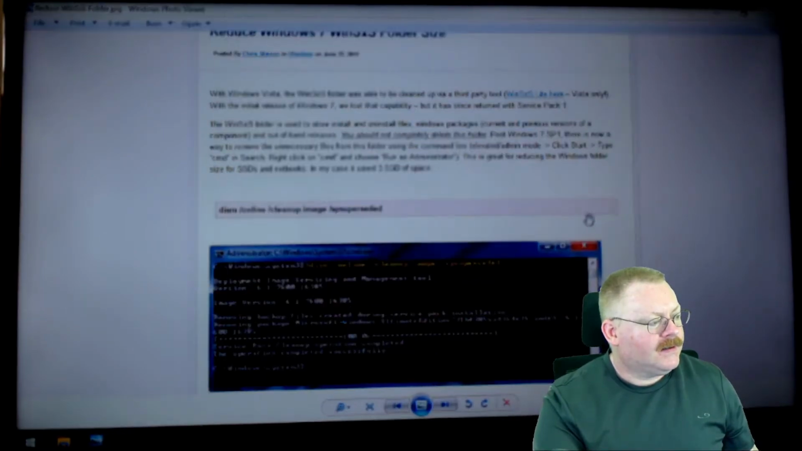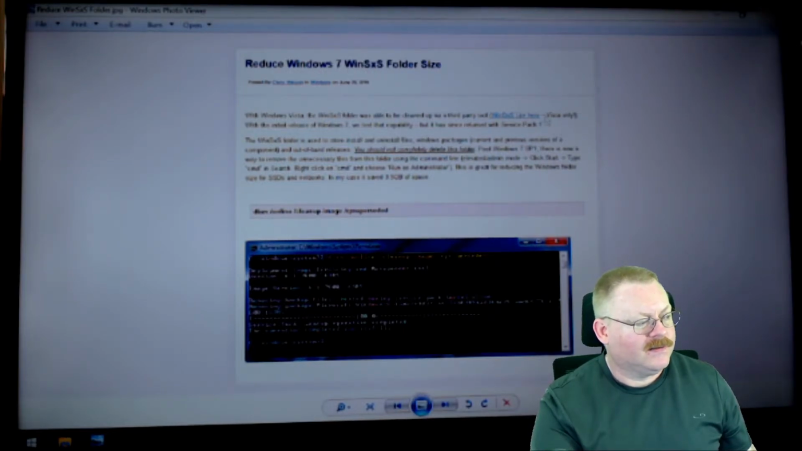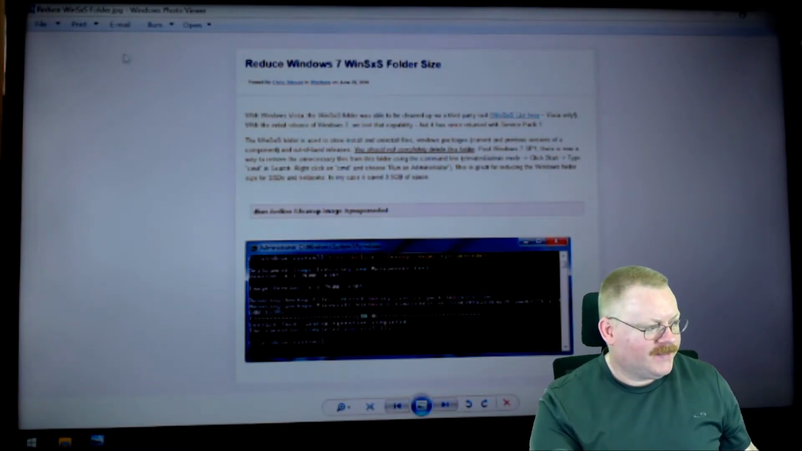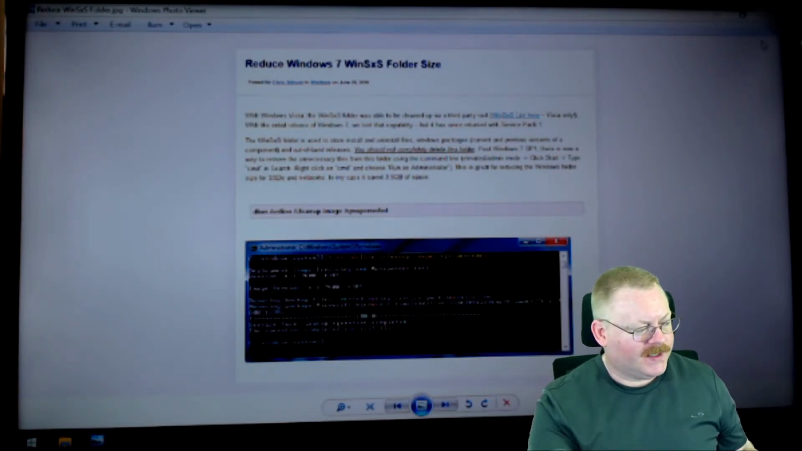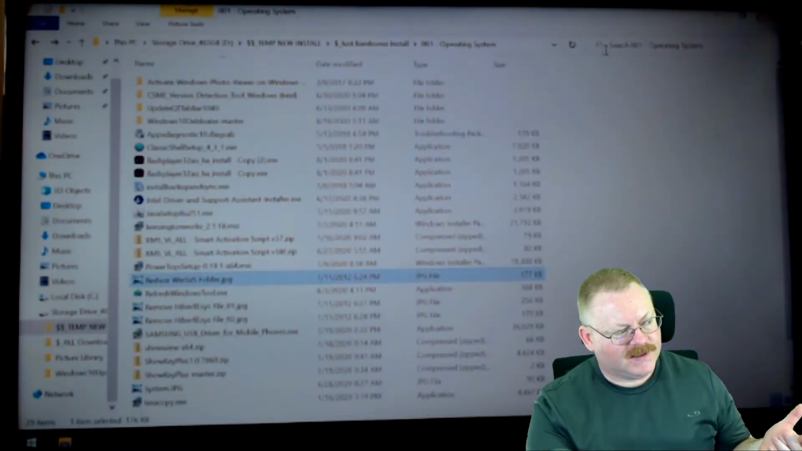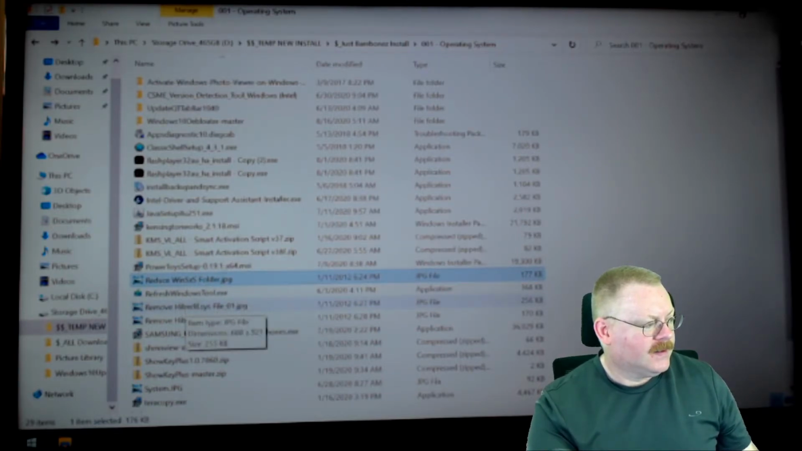And then this here is how to reduce the WinSxS folder. But I mean, this is Windows 7, but I believe it's still a bloated folder on this. Let's see, let's just go down the list. We got